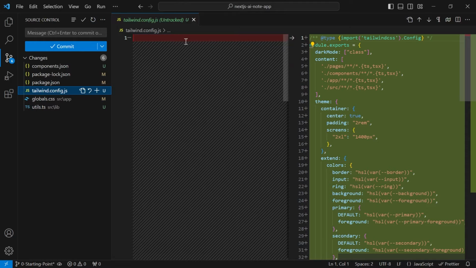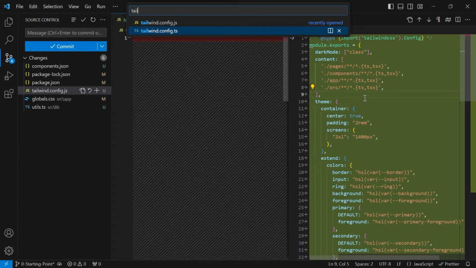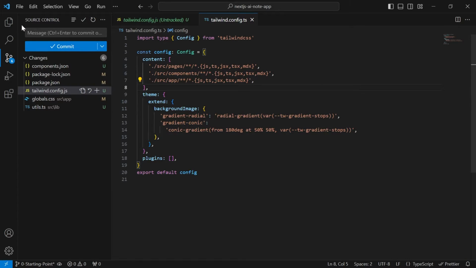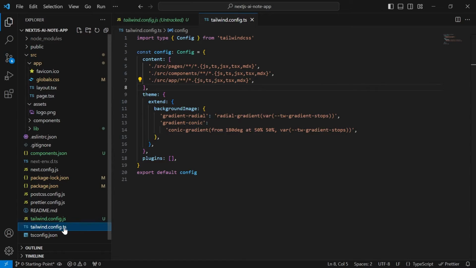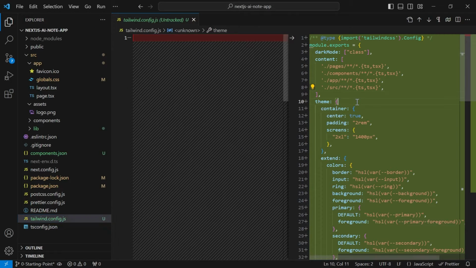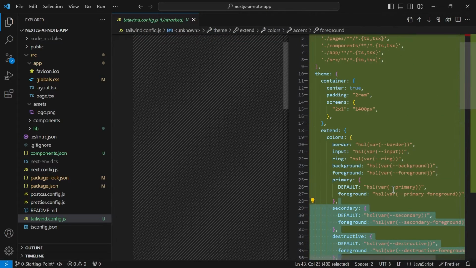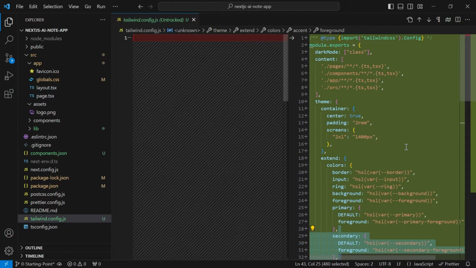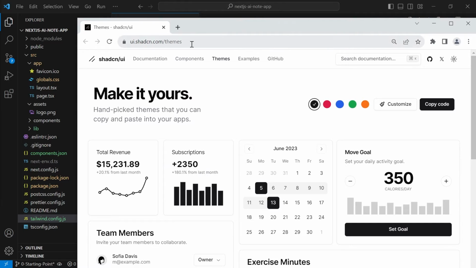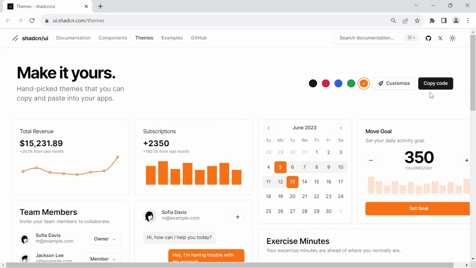Now it created this tailwind.config.js, and we also have this tailwind.config.ts in our project. We don't need a TS file anymore. So let's go ahead and delete this. And all the Tailwind configuration is contained in this tailwind.config.js file. So here it basically wired up the color variables that we saw in the CSS file and some other configuration. On the Shadcn website, which you can find under this URL, you can also configure themes with different colors, and